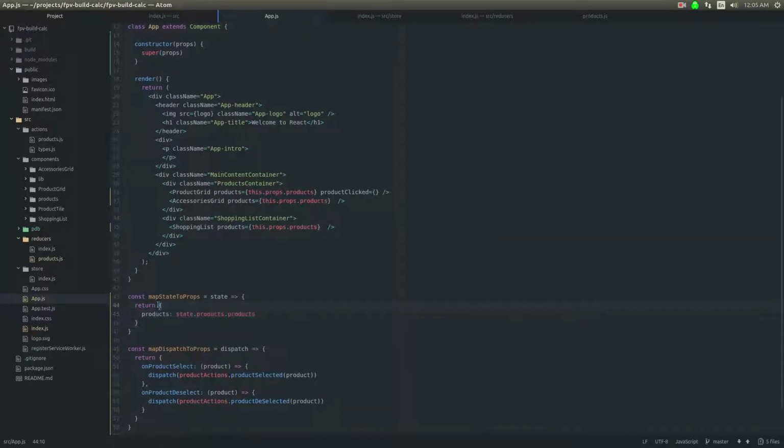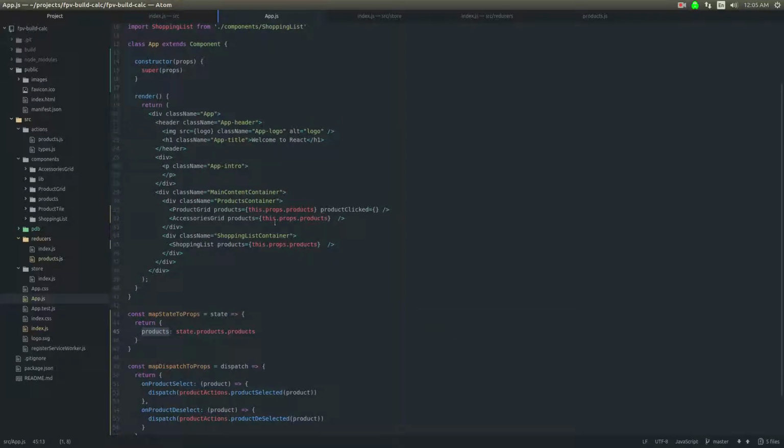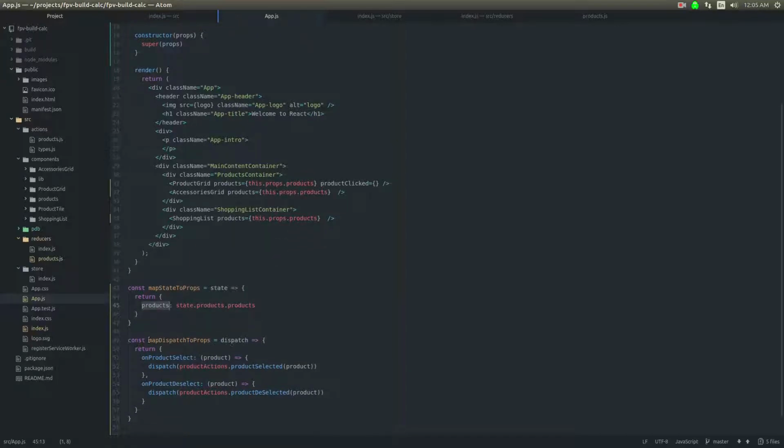So that what's happening here is we're mapping state to props. So we're saying this state is going to show up as props inside of this component like this. And then the other thing is we're mapping these dispatchers to props. So we're going to say these dispatchers are going to show up with these keys here. And we're going to pass them like that. So product clicked is here. And then we need,